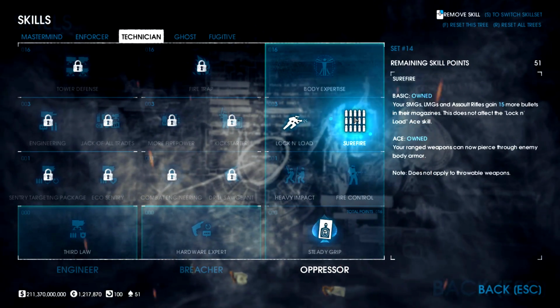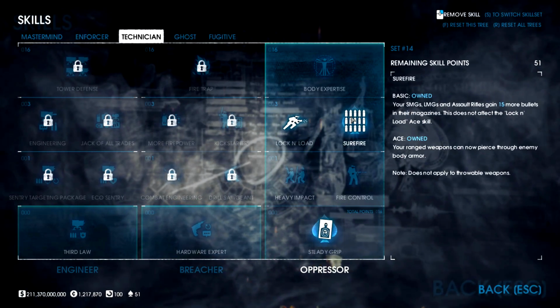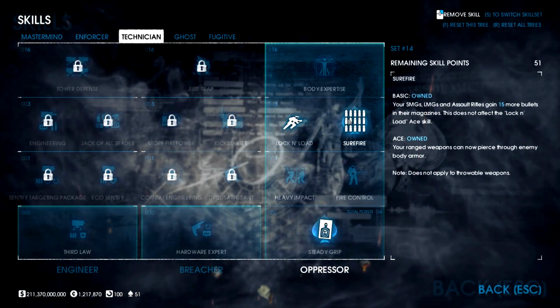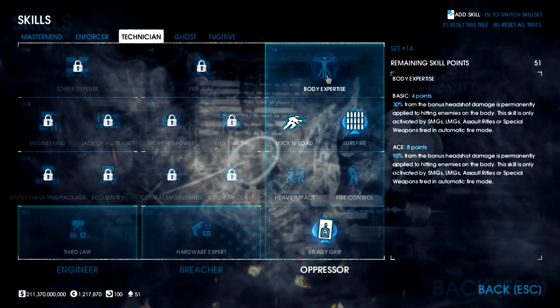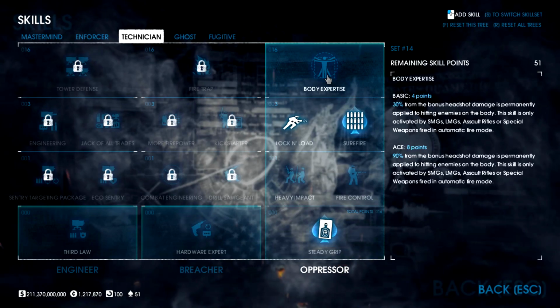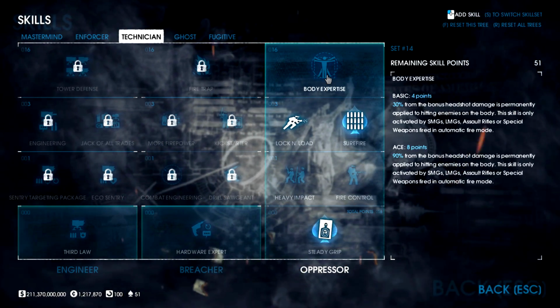Surefire ace, we get 15 more bullets in our mag and the ability to pierce enemy armor with our shots. This is important as on higher difficulties, most enemies will wear body armor. For body expertise, there's some thinking required. We all know that getting a headshot does more damage to the enemy than a body shot. What this skill does is apply a certain percentage of that multiplied damage to the body shots, 90% when aced